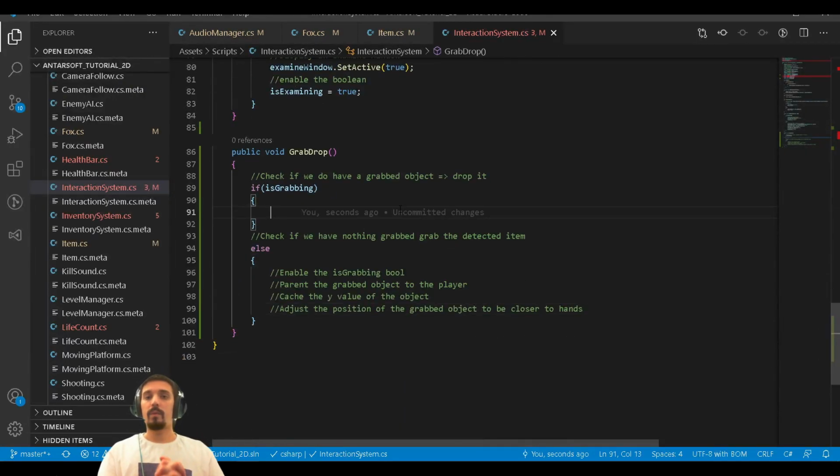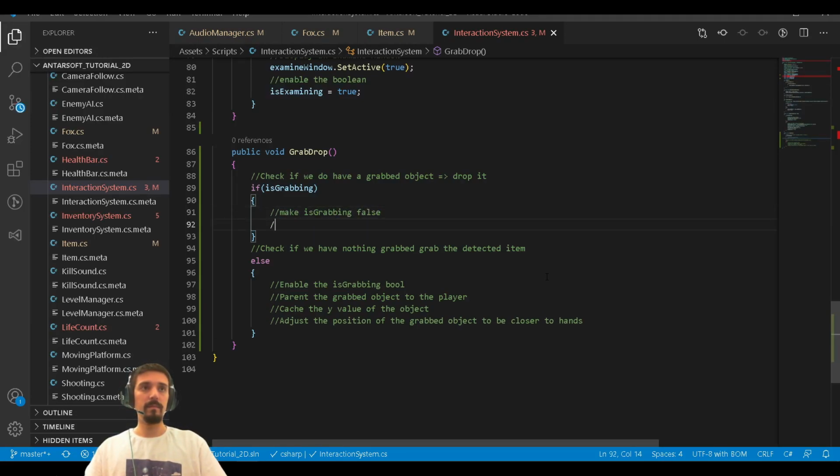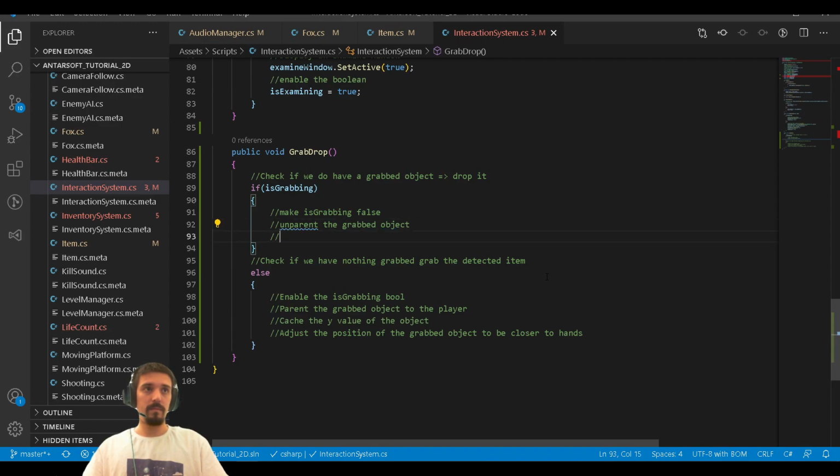And whenever we want to drop something, what we need to do is, first of all, unparent, make isGrabbing false, and parent the grabbed object, set the y position to its origin,